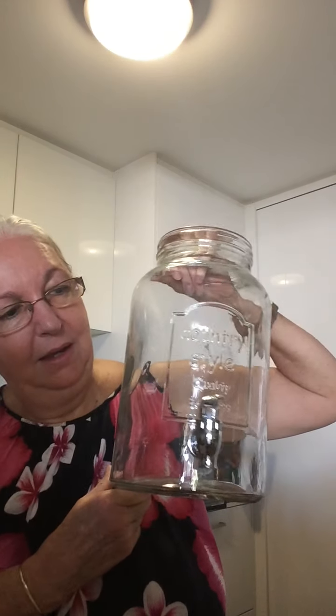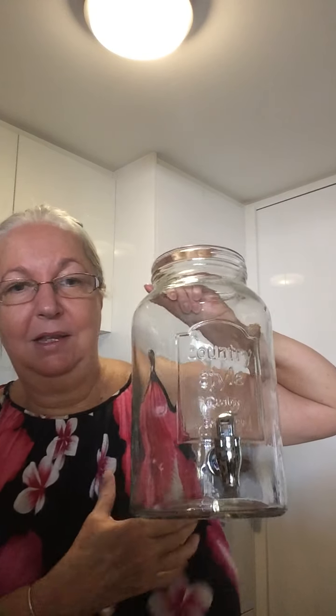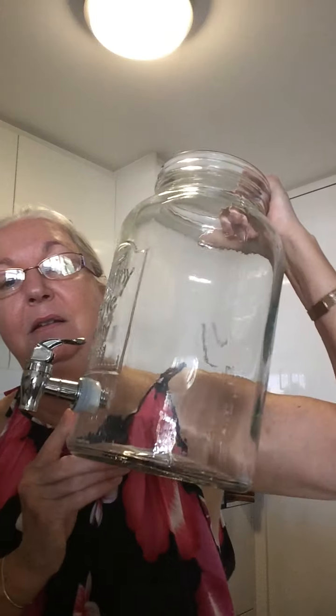So it's got a lid that goes on, and I'm going to pack that through full of the citrus and the vinegar. I'm going to keep adding to it, and it's got a nice little tap. So now I can just pour off the vinegar. I don't have to muck around with my strainer and all that kind of stuff. I can just keep adding the citrus to it, pour off the vinegar, and at some stage I'll probably recycle